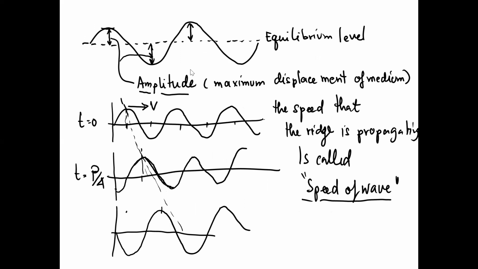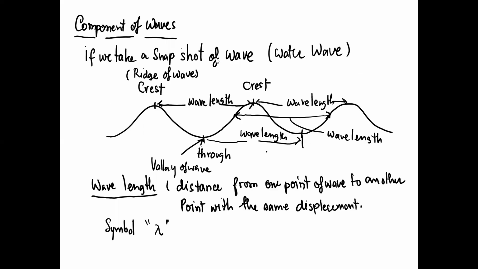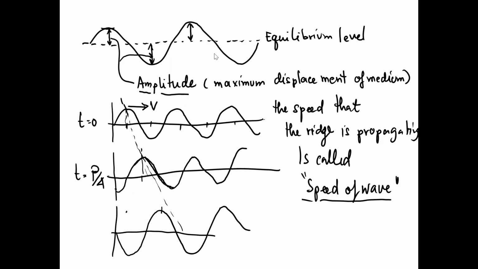And we also have the frequency, which is the number of waves going past the observer in 1 second. Okay, and the inverse of this frequency is the period. Okay, so the period is the time it takes for one wave to complete